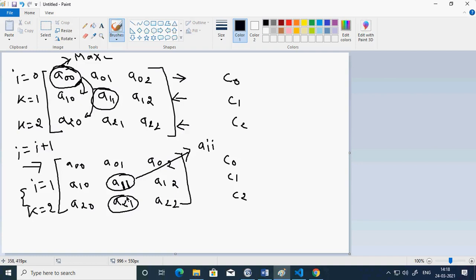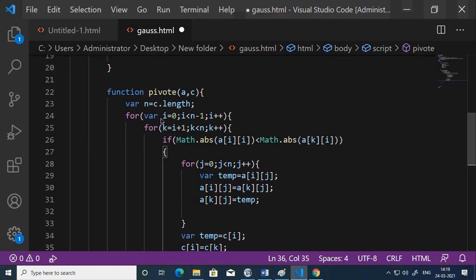And next we will have the same column, but the row will be K. So here in this case, what am I writing? I equal to 1, K equal to 2. So it's time to vary the value of I. Let us see, I was 0 initially. Now I change it with I plus plus, I becomes 1. So as I becomes 1, K automatically initializes to 2. K automatically, 1 plus 1, becomes 2.